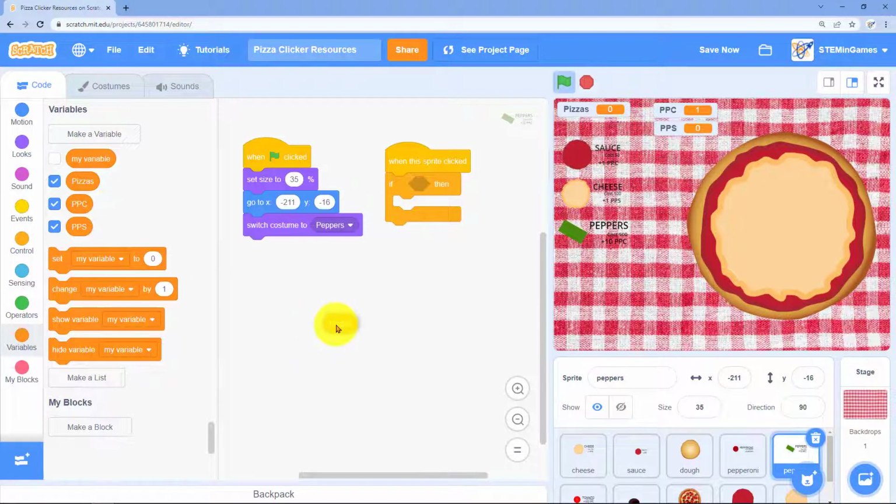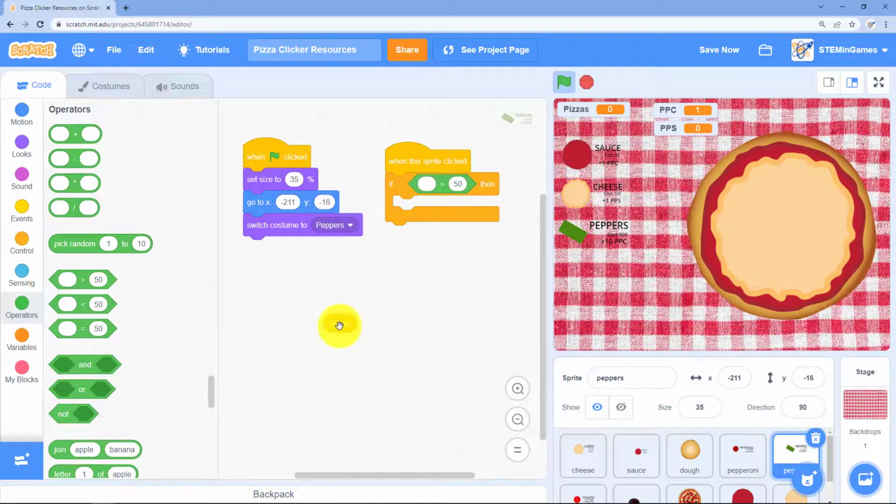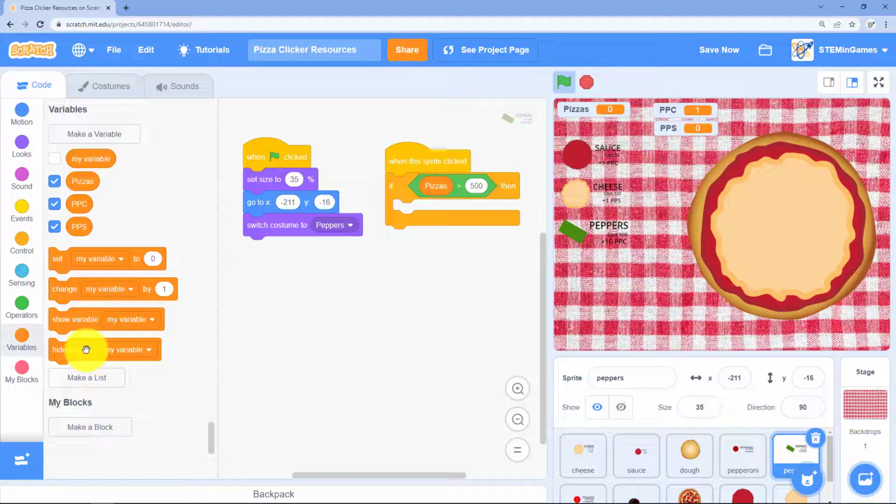It's going to be pizzas. We need an operator. If pizzas is greater than, and the peppers are costing them 500, so we got to make sure they have at least 500. And if they do, it's going to go in here and run this code. So if they do have enough money,